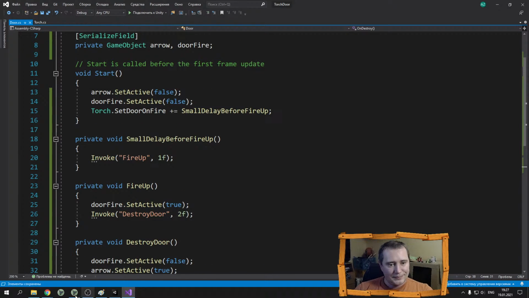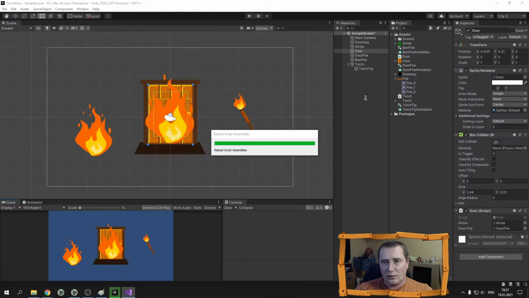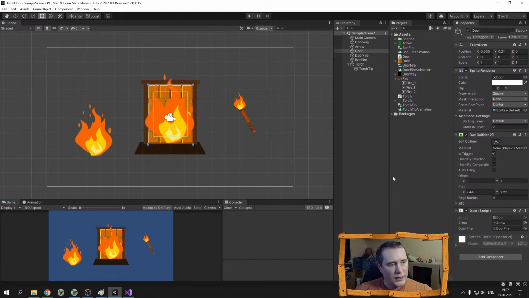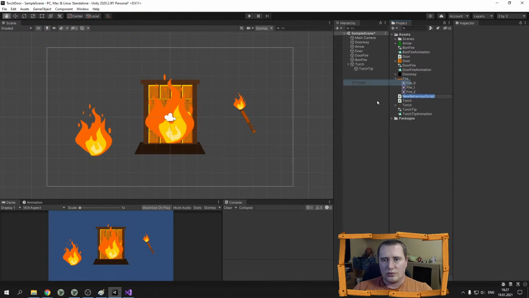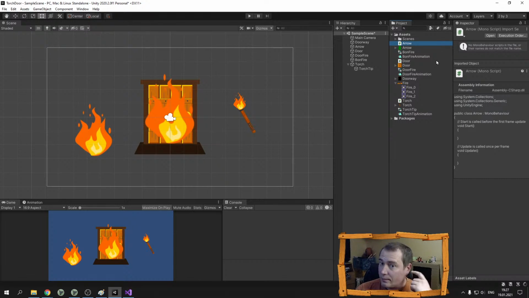Save the script, go to our project, and actually I guess this is it. No, we didn't create the arrow script. The arrow script is a very simple one, so create a new C# script, call it arrow, and open it up in